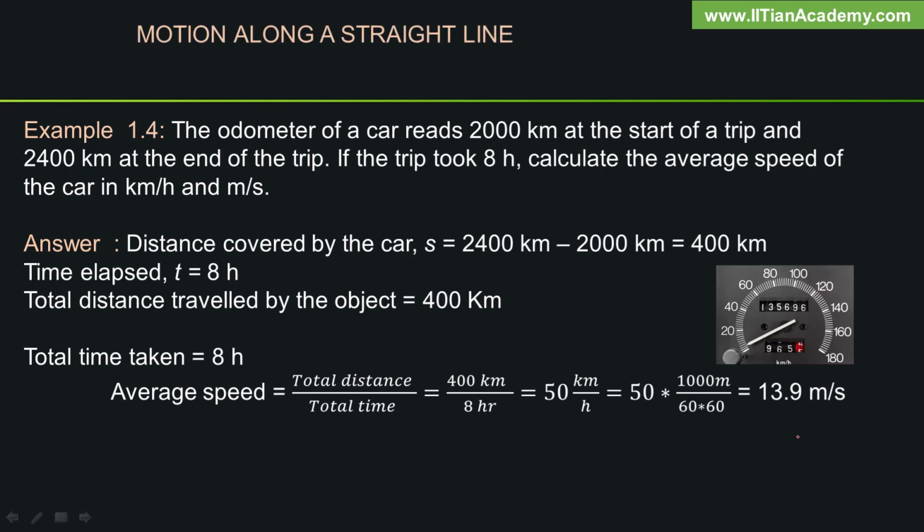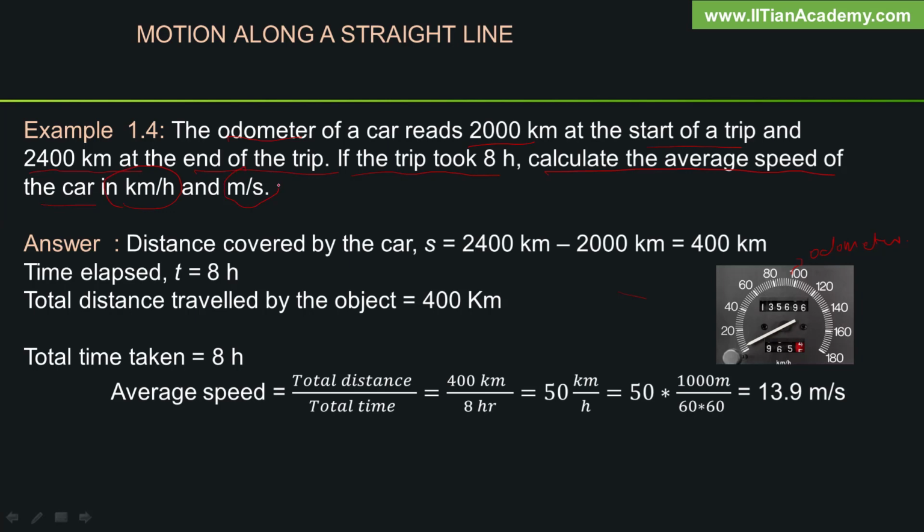Odometer is the reading of the car. Distance traveled by the car is the difference of the readings of the odometer. This problem uses this concept. The odometer of a car reads 2000 kilometers at the start of a trip and 2400 kilometers at the end of the trip. If the trip took 8 hours, calculate the average speed of the car in km per hour